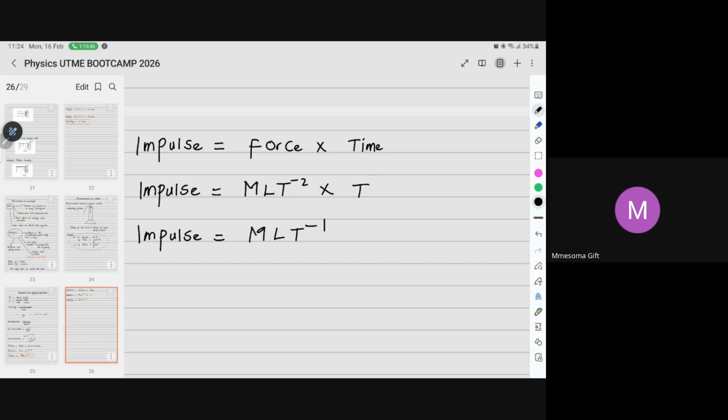Because this one has 1 here. Do we agree? Do you know how minus 2 plus 1 gave us minus 1? Okay, we have smart guys. So that impulse